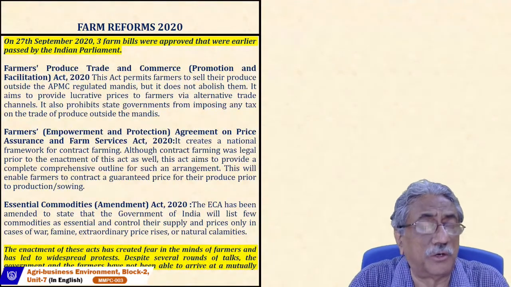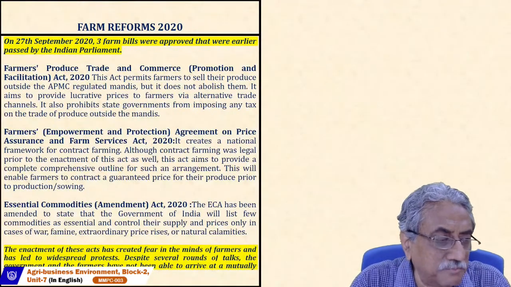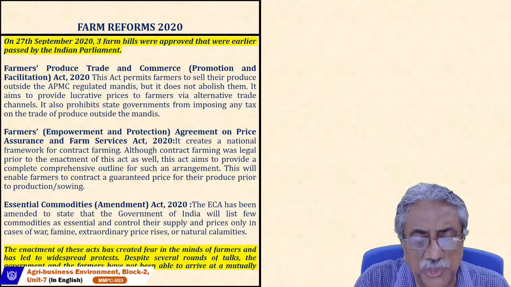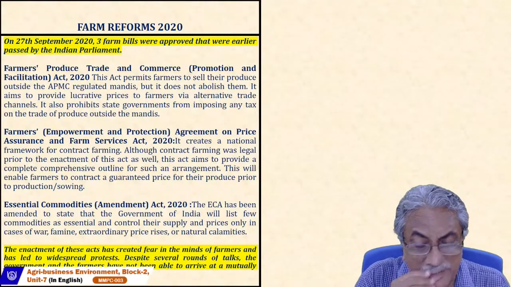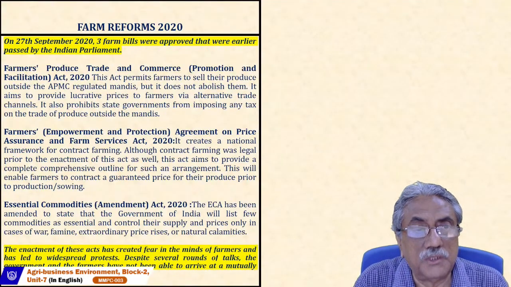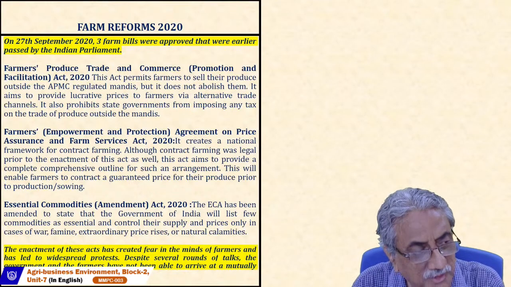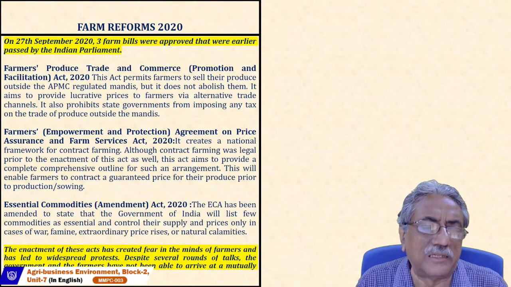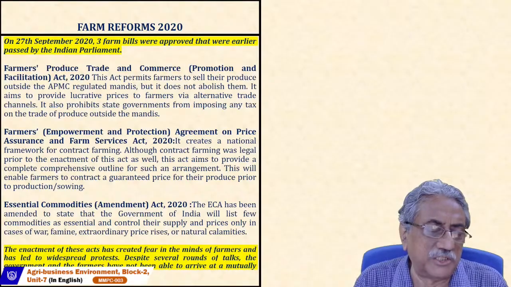But there is a need for farm reform very badly if we want to improve from the stage we are at to the next stage of development. Like in industry, development took place during the 90s, and development took place in the 2000s. Now with AI and other things coming, we have to move into a different phase of development. Otherwise, you'll be